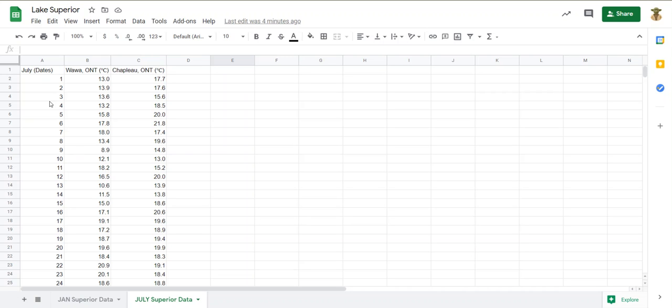Hey folks, I am going to show you guys how to insert a chart. This one uses our temperature data from two cities on Lake Superior. So this is the summer data for July. Before you can make the chart, you actually have to have your data in your sheet, and then you